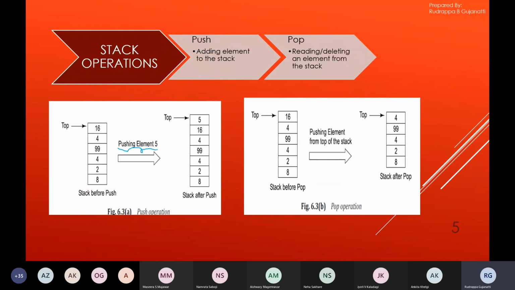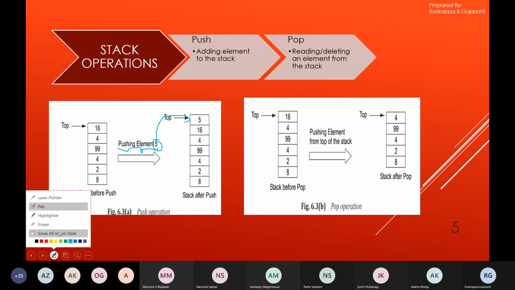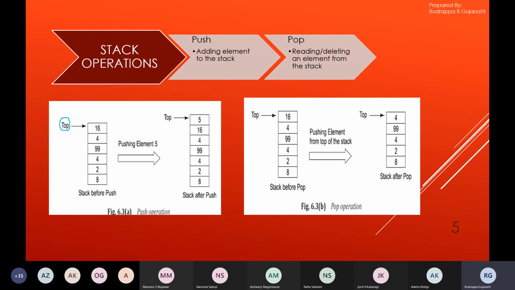So here I'll be pushing the element 5 and this element 5 will go and sit on top of the stack. Previously, the top pointer was pointing to element 16 in the stack. Now I wanted to push the element 5. So what we have to do is take this previous address, that is top, and add 1 to this.